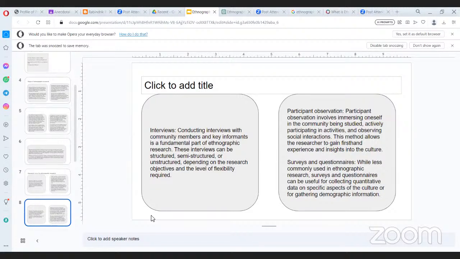Participant observation. Participant observation involves immersing oneself in the community being studied, actively participating in activities, and observing social interactions. This method allows the researcher to gain first-hand experience and insights into the culture. This is very challenging because you have to take their foods, wear their dresses, and follow all the rituals